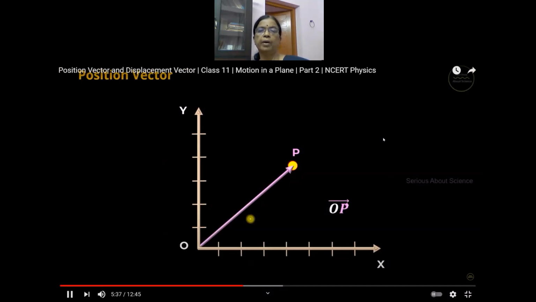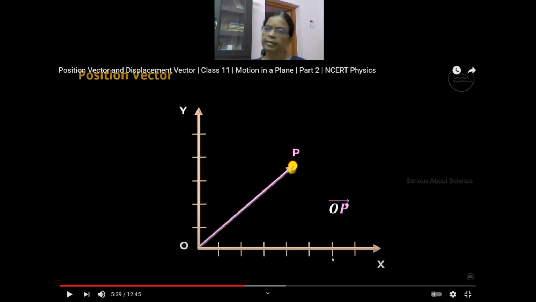Children, here we see the point P is marked here, and we have drawn the position vector. Now this vector OP is the position vector, and here it gives us the position with respect to the origin, where it is lying along the x direction, how much distance it moved. What is the x coordinate here, children? Sriram, what is the x coordinate for this point P? I think 4. 1, 2, 3, 4. Yes, it is 4.